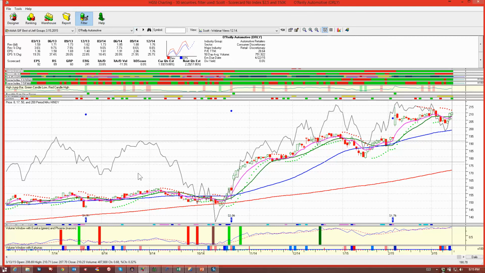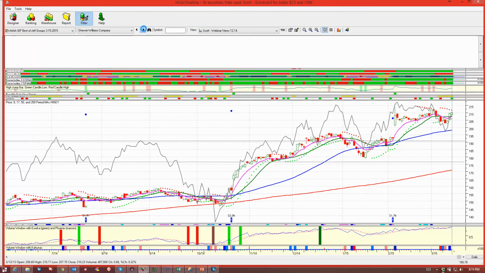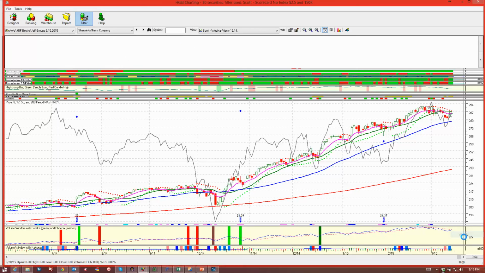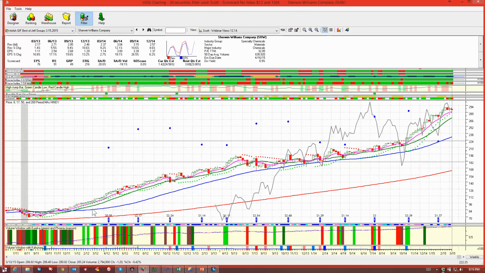O'Reilly Automotive, an auto parts retailer, has been a good stock for years. Lower left, upper right, a little loose in here. Maybe it's going to tighten up and run again. Sherwin-Williams, the paint store, one of these days it's going to roll over. But this is a stock that's really been on fire with splits and everything going back since this market started going up. Here's 12/11. And so from December of 11,